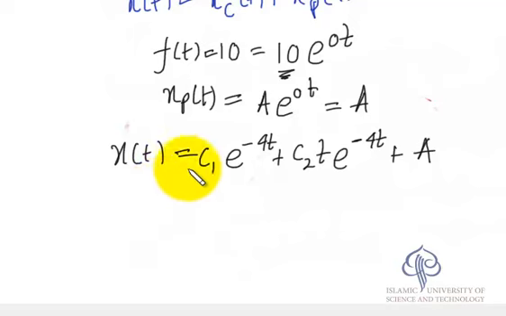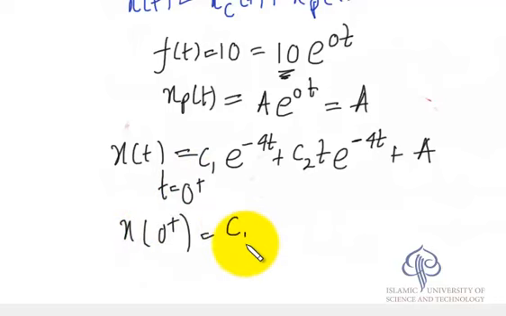The initial conditions will give you at t is equal to 0+, x(0+) is going to be c1 plus a, because t is equal to 0+ is substituted as t is equal to 0. So c1 plus a is going to be 1, and